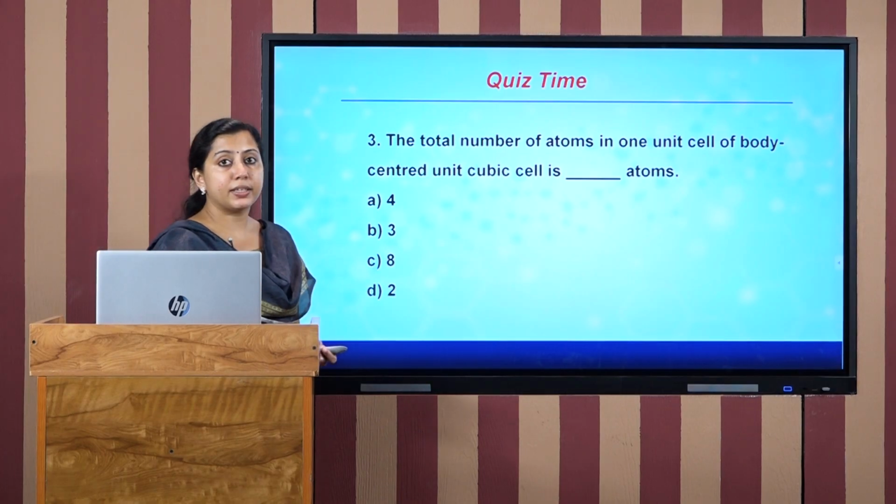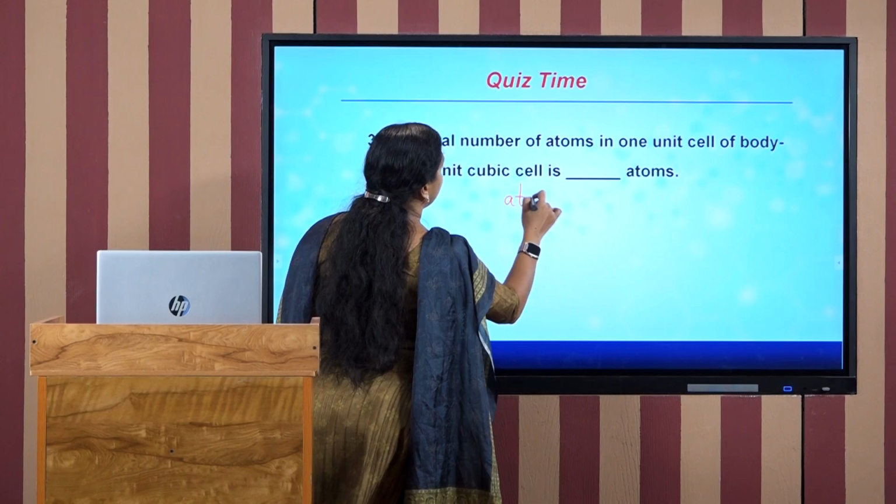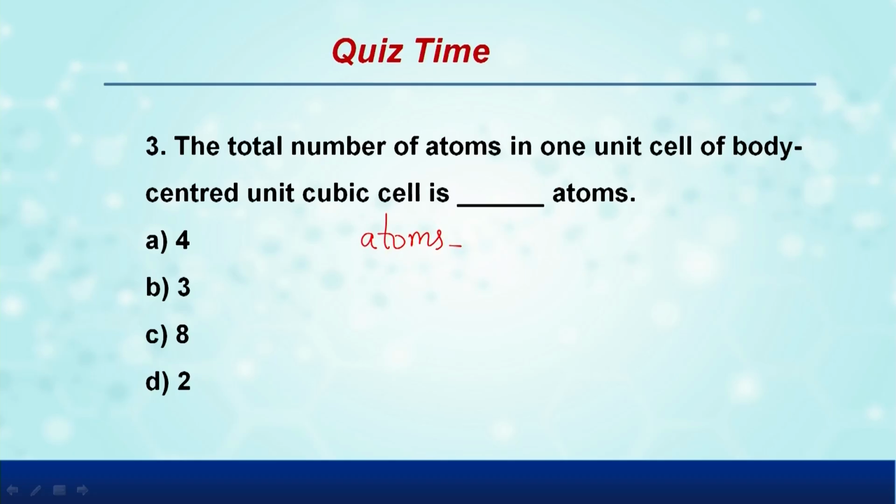In a body centered unit cell, we have seen that the atoms are present in the corners, 8 corners. So, there are 8 atoms at the corners, 1 atom at the center of the body center,